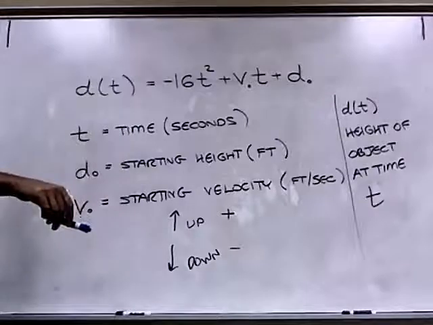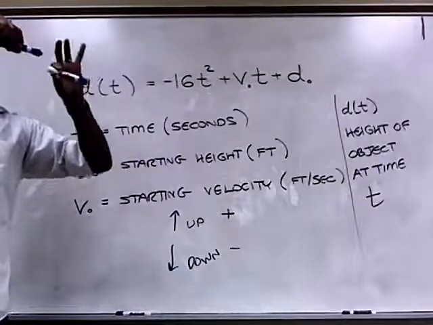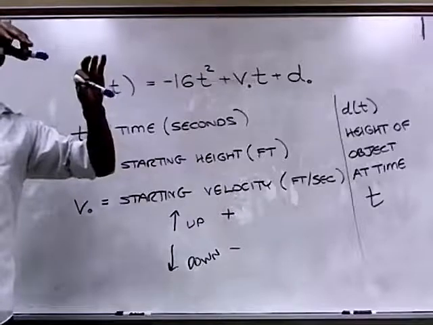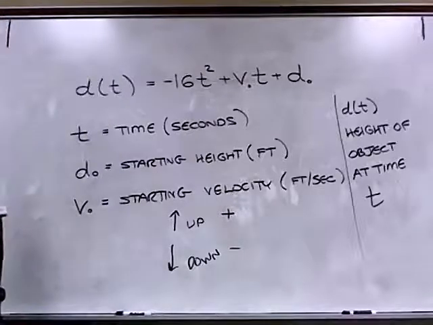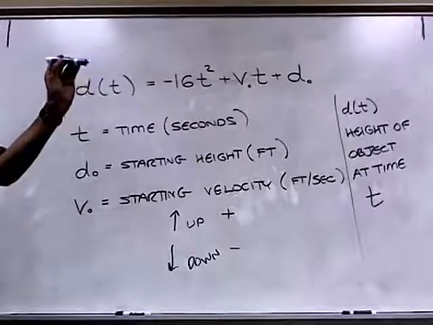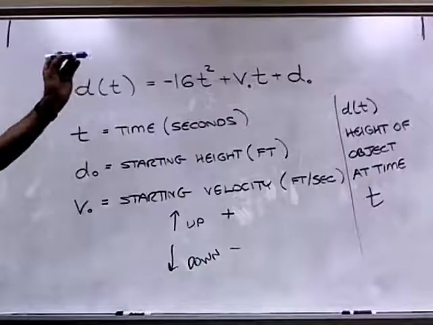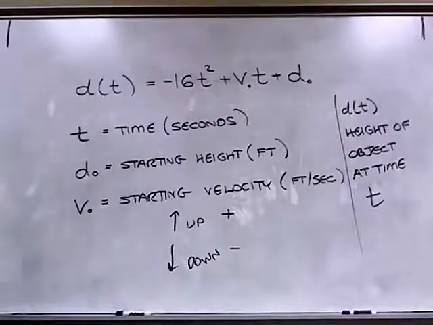So I'm going to try and throw this one straight out and drop this one straight down all at the same time. Which one will hit the ground first? Same? I think if I throw that one outward and let this one go, they'll hit the ground at the same time? Or do you think the one I throw out will hit first? So I'll try and do it. I don't know how this is going to work, but